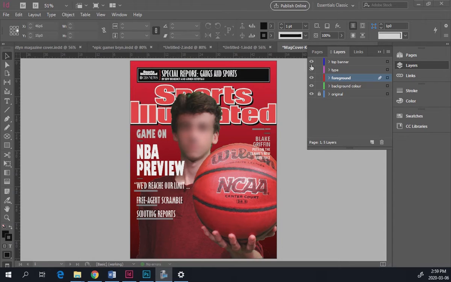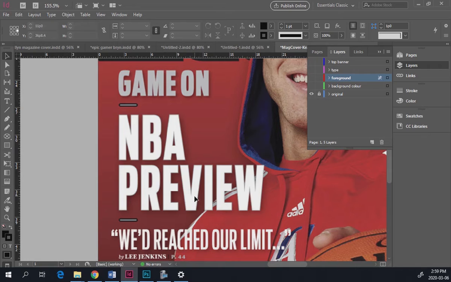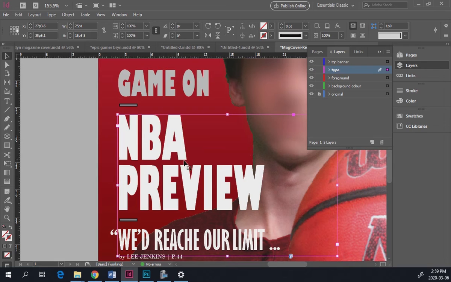Now, if I take the original, you can see that there's a bit of a drop shadow in behind. It's very soft, but it helps us see the type a little bit better. So let's go ahead and do the same thing to the type. We just click on the text box, not the type itself, and it is under